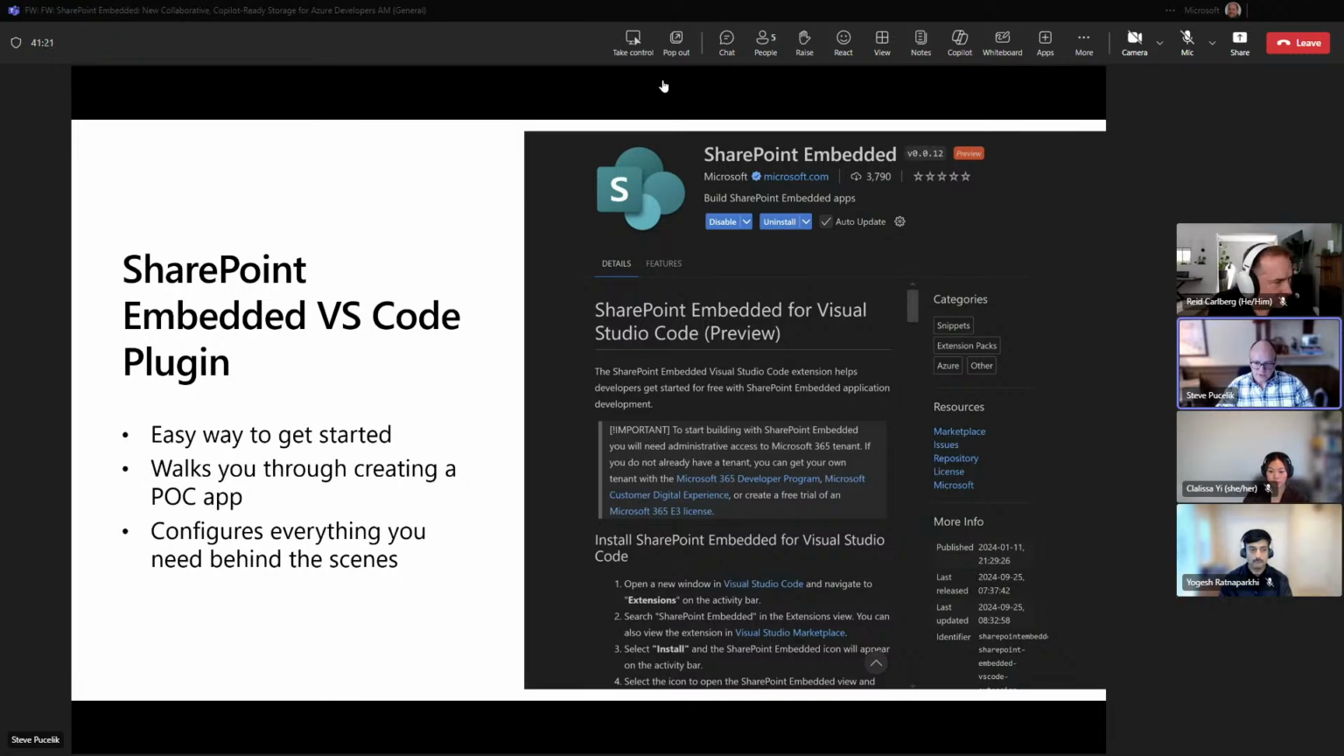Okay, so that is my one slide, and I'm going to bail on the deck, and we're going to get specifically into Visual Studio Code. So you'll notice that I am in Visual Studio Code. The first thing that we need to do is within the extensions, simply type in SharePoint Embedded, and you're going to see